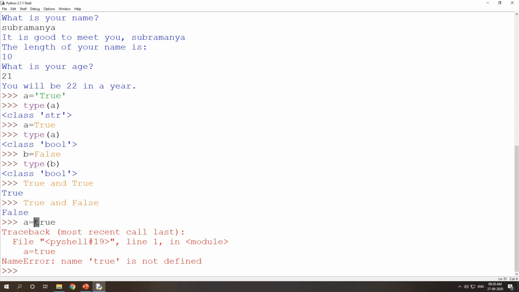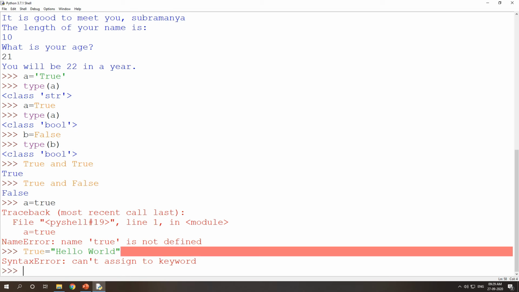And if you try to use boolean values as variables, True is equal to hello world, again it will show you an error, can't assign to a keyword, because True is a keyword, so you cannot assign a value to a keyword.